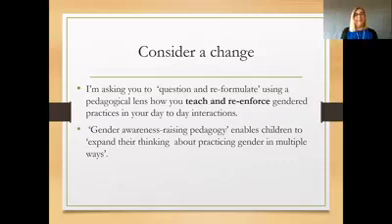The idea here is to challenge young children in particular, because that's how we make our changes, about what they perceive to be okay for boys to do and what they perceive is okay for girls to do, and just break those challenges down a little bit. So when a child says, oh, boys can't wear nail polish, you could say, actually, boys have nails at the end of their hands, and technically they can wear nail polish. If they choose not to, that's great. But actually, the reality is, yes, they can.